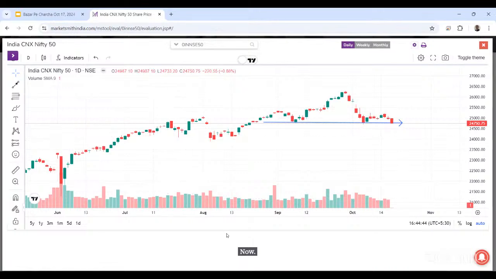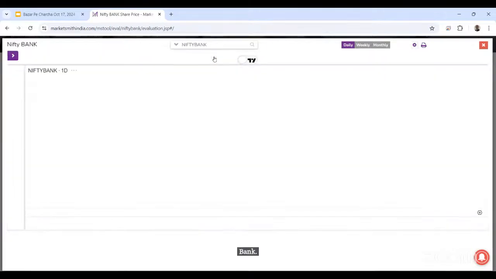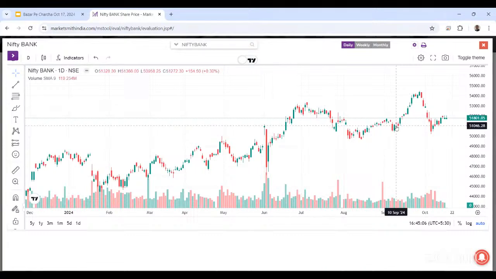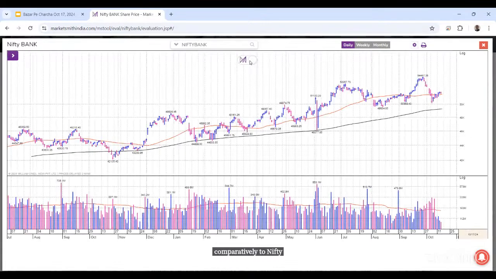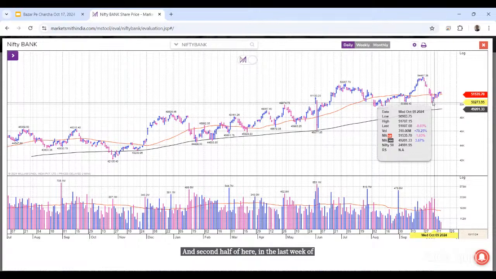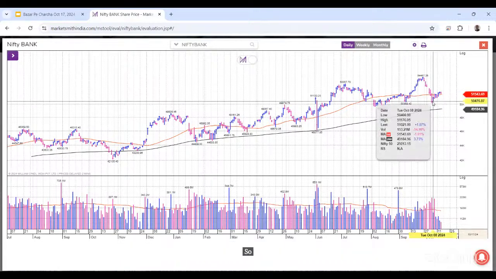Now, apart from Nifty 50, the next sector is Bank Nifty. Okay. So Bank Nifty again is underperforming comparatively to Nifty 50, and it has already fallen below the 50 DMA, and it has fallen sharply in the last couple of weeks. I can say in the month of September and October, in the last week of September, and then there was some recovery here in the last week, and now again it is showing negativity. So from a levels point of view,